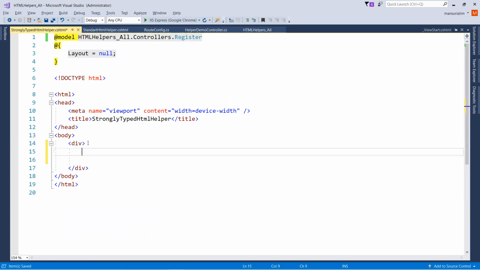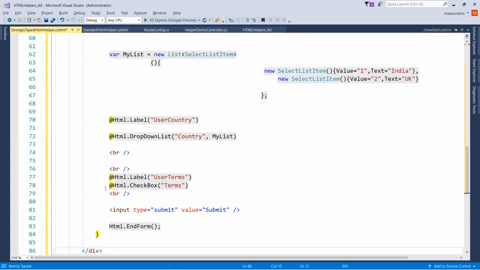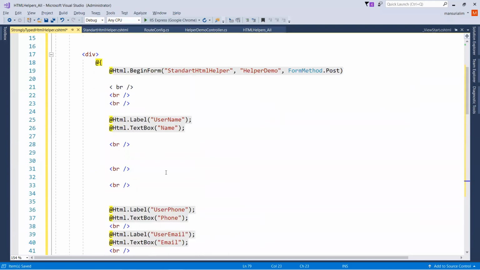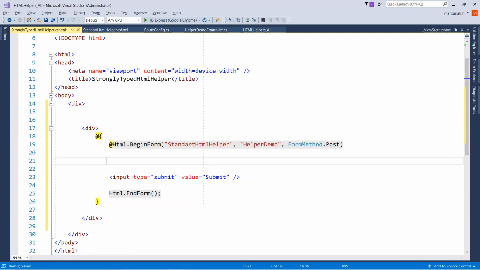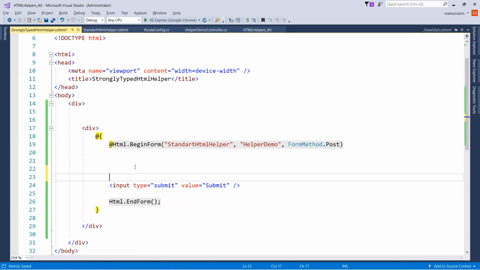So here I am putting that HTML form methods, all the code. From this, let's delete the standard HTML helper method code, right? Now we have only the input type equal to submit button, and then these things. Now here what we have to do is change our